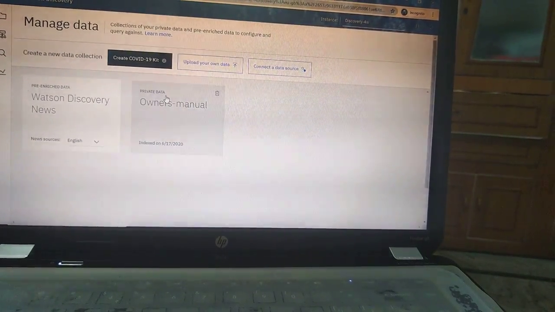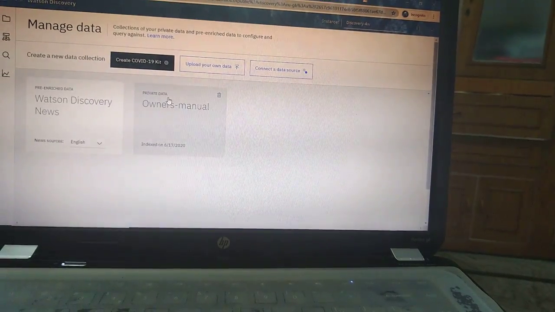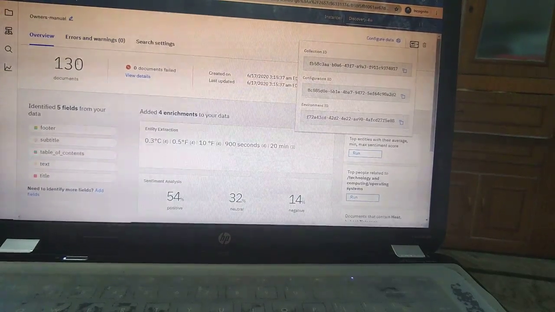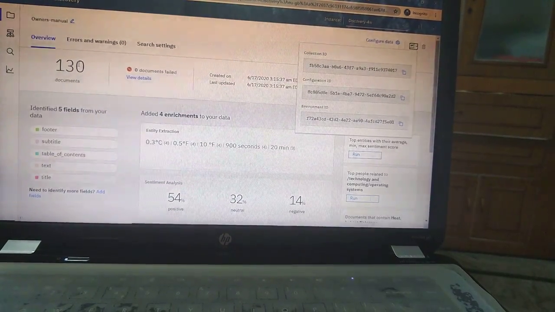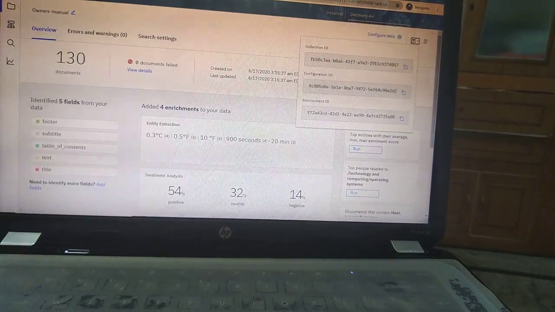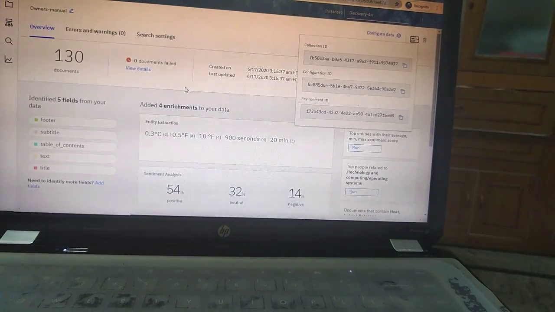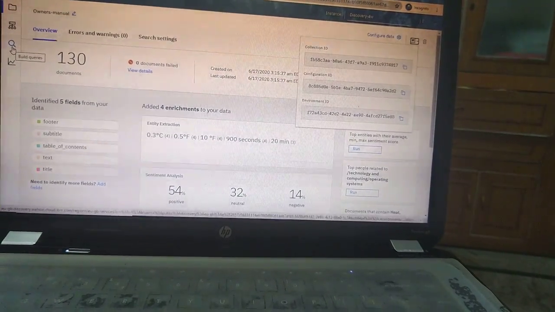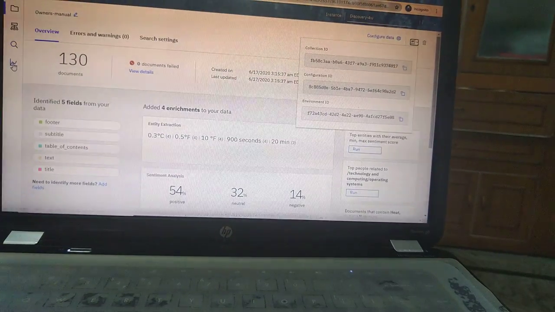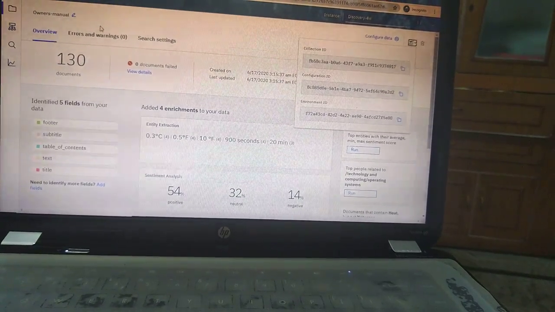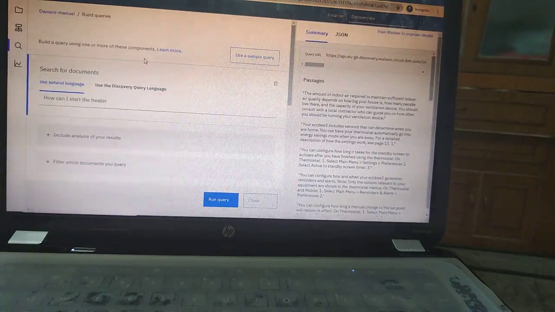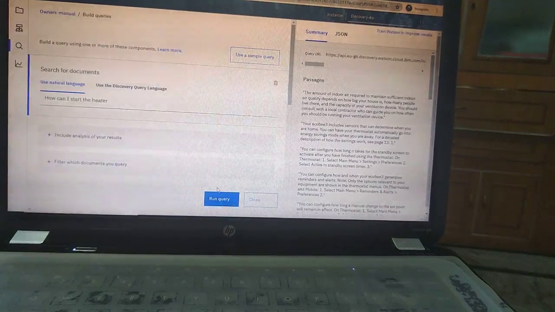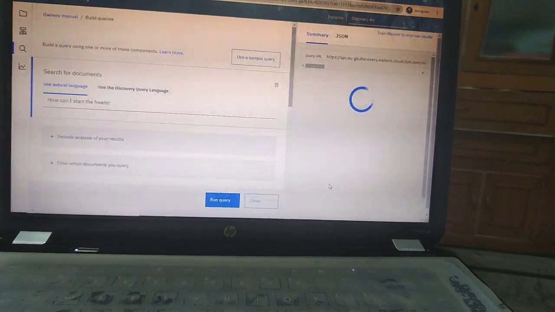See, I have already uploaded my own data, so I will take you directly to my preloaded data, which is the owner's manual. Before uploading the data, when we reach this place, it will not show 130, it will show 1. And then we can perform any search query on our data from this option, and we can also view data metrics here. So basically we can perform any simple search operation, like how can I start the heater. We can run the query, and then